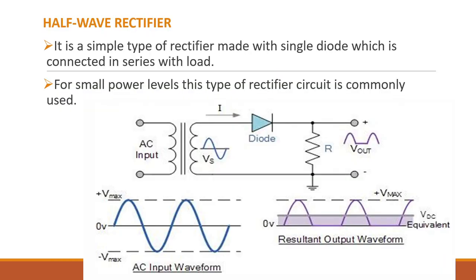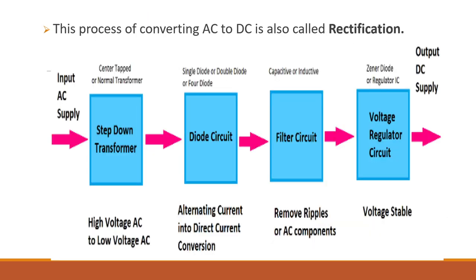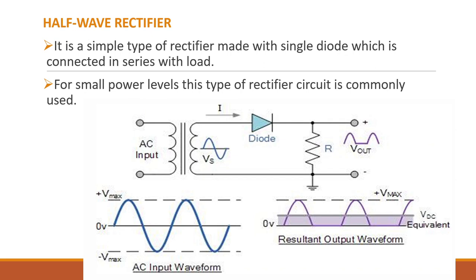Now, there are two types of rectifiers that we'll talk about. First is the half wave rectifier. It is a simple type of rectifier made with a single diode which is connected in series with the load. We can see that for the positive half of the input signal, this diode will be forward biased, and for the negative half of the input signal, this diode will